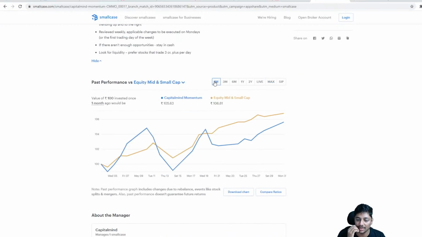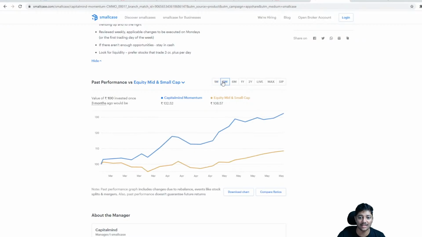First, let's go to 1 month return. Leave the comparison. In the last 1 month, CapitalMind has given me 5.63%. Let's see the last 3 months return. 3 months is since I invested on April 1st. So April, May, June, right? June is not done yet, but April and May, 2 months, I've invested quite significantly. If you look at my date of investment, which was March 29th,